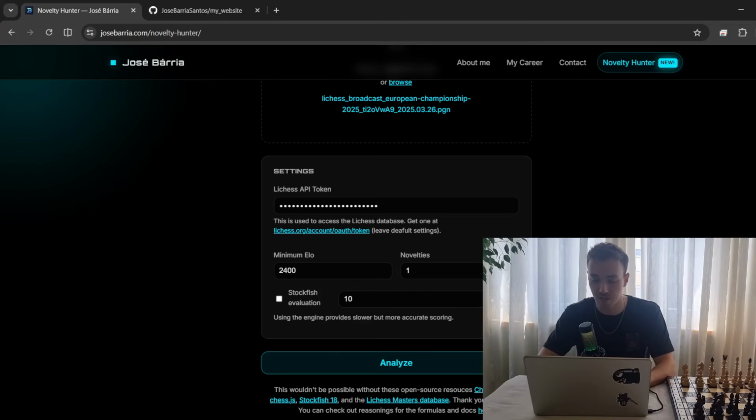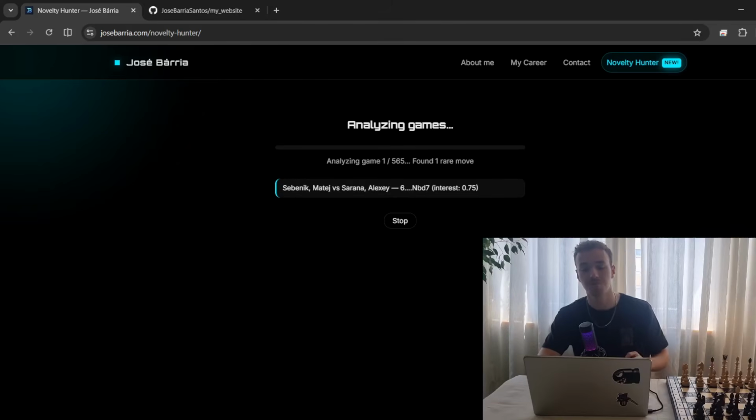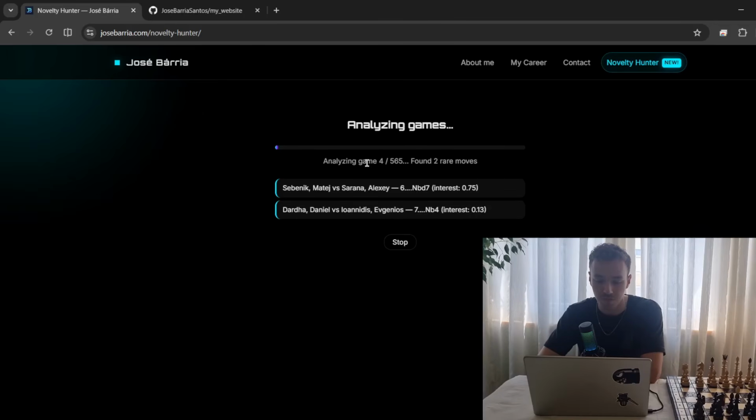And you can select how many novelties you want. I'm going to put 5 just for illustration purposes. Analyze. Immediately, it will start analyzing these games. So basically, this 565 is the amount of filtered games, filtered by that minimum ELO threshold of 2400. So far, it has found 2 rare moves. So basically, it's scanning every single game, and through a series of operations, it is finding these rare moves